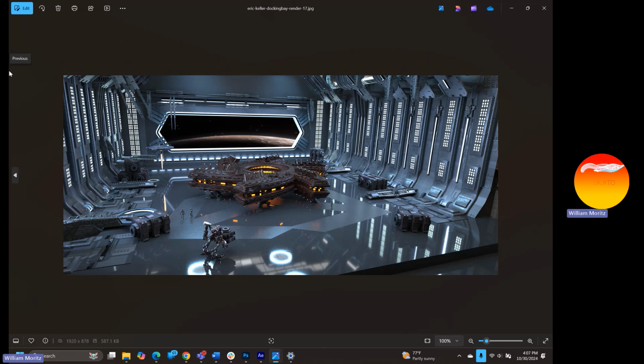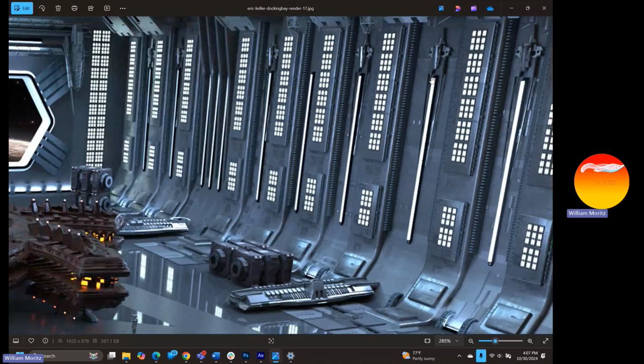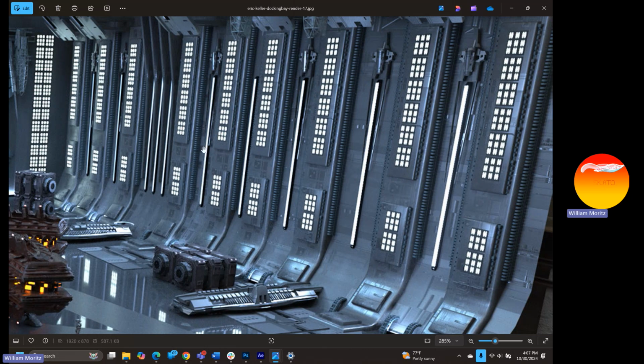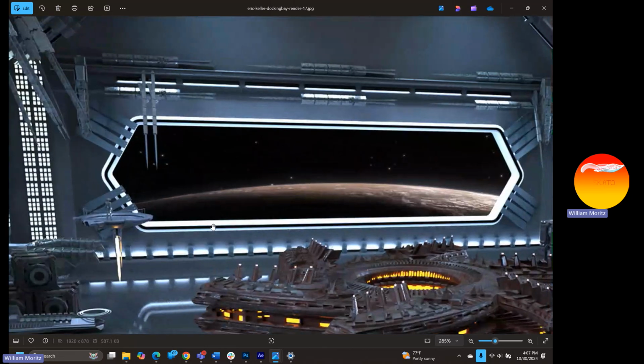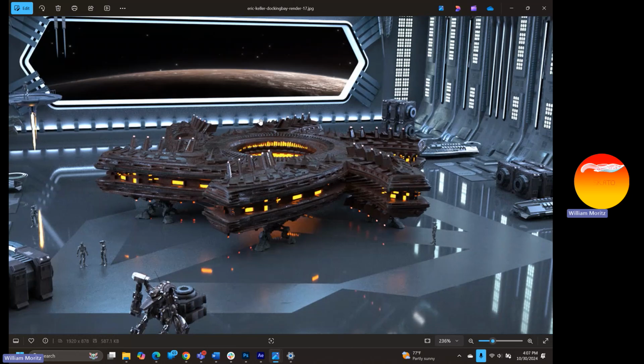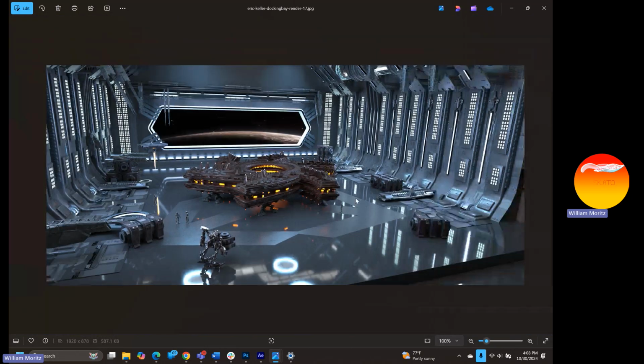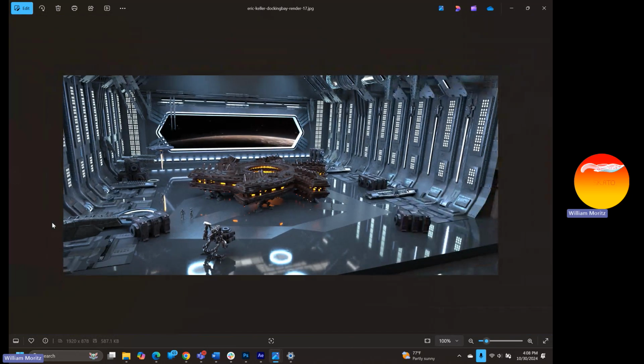You need to go back to your reference images, and you're totally okay with saying, okay, this is a cool way to break up the walls. We can have giant lights going all the way down. That's something I can do. But this is becoming a little bit too repetitive here. How could I break this up in the middle and give it a little bit more interest so that we're avoiding just big old open areas like this? This sci-fi scene here is not the best in the entire world. This is also an example